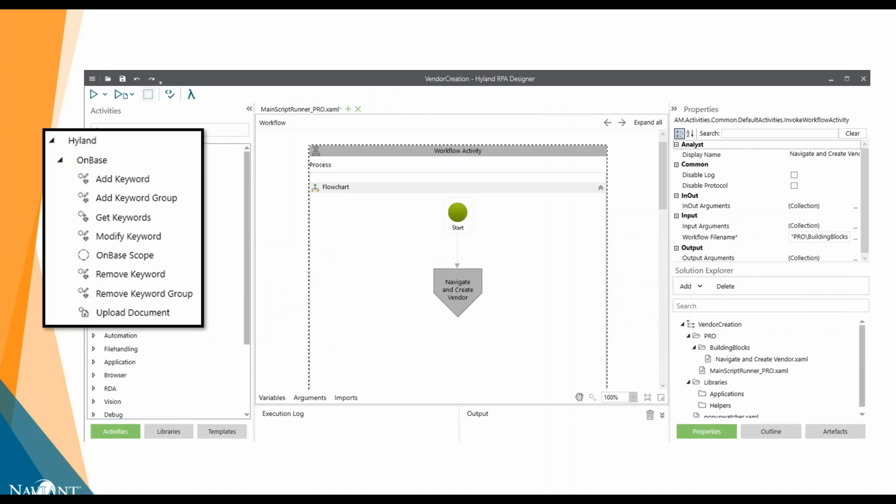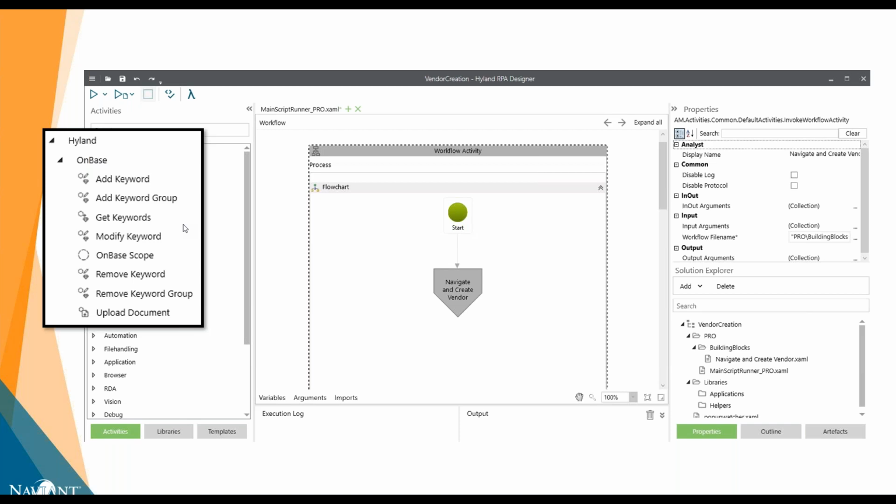So first, looking at things from the bot side and within the designer tool, we now have a set of actions specific to communicating with OnBase directly from within the bot. We can retrieve keyword data like we did when we were creating our vendor record or our invoice records in the ERP. We can upload documents and index them directly from the bot.